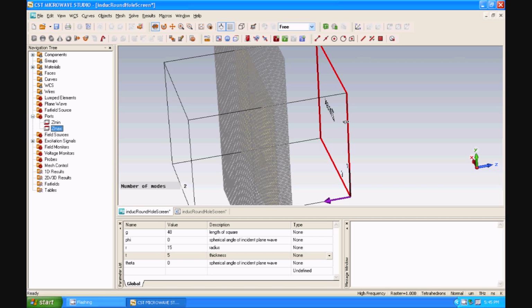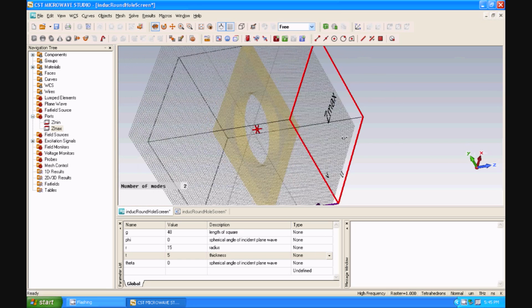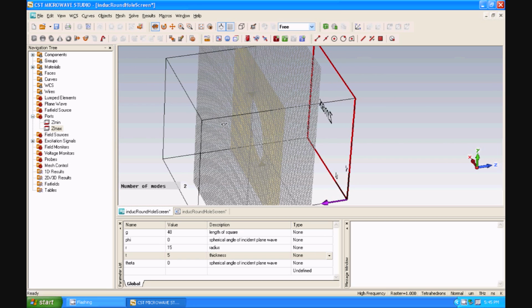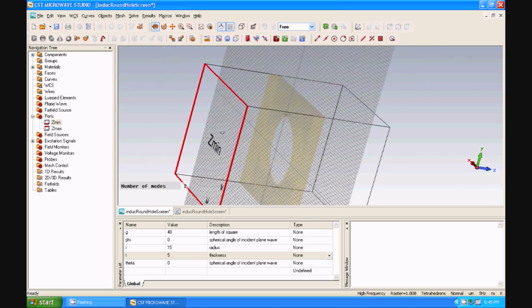Now another thing to realize with these mode ports is that you have to specify a certain amount of Floquet modes. And to get to this window right here, you have to double click on this. Let me show you. You can double click, or you can right click and go to properties, and the number